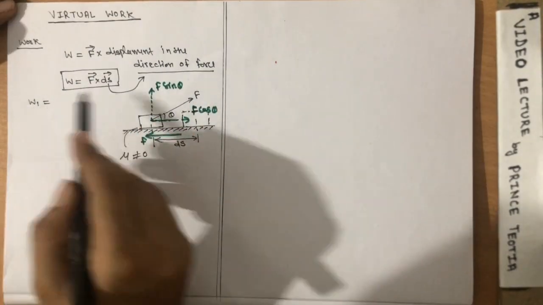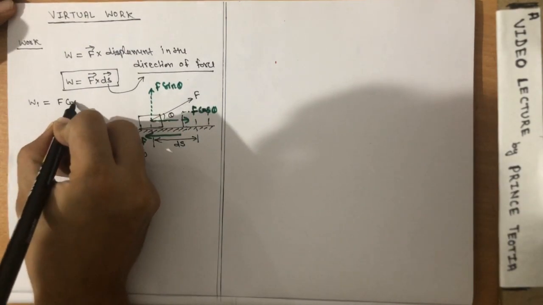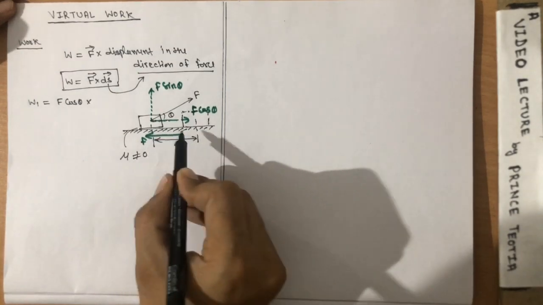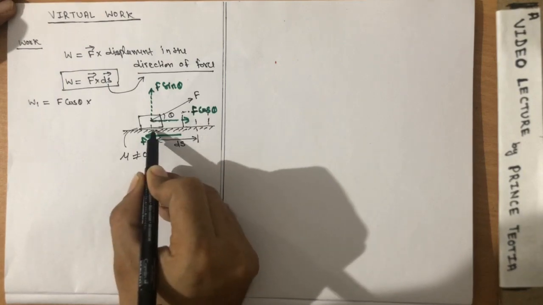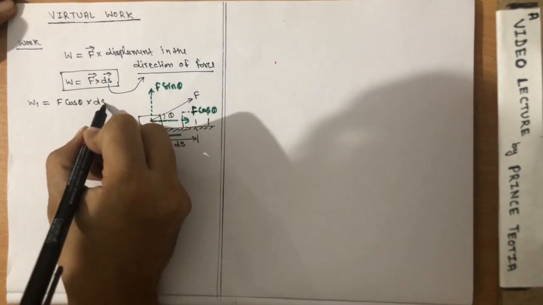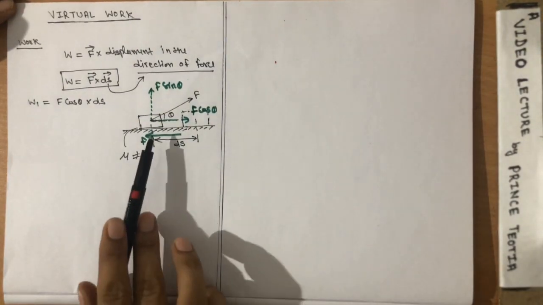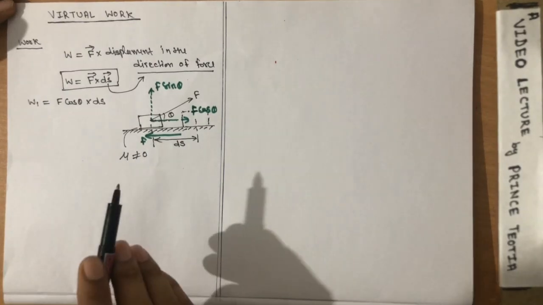So W1, work by this force, is F cos theta into this displacement, and this is the direction of the force, and this is the direction of the displacement, so it will be positive ds. So this is the positive work,